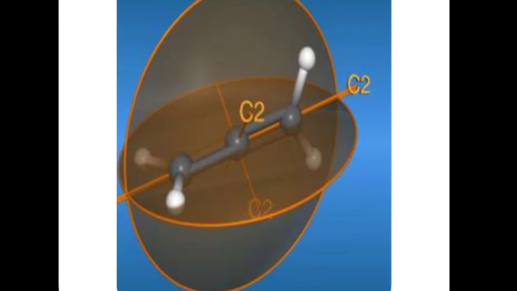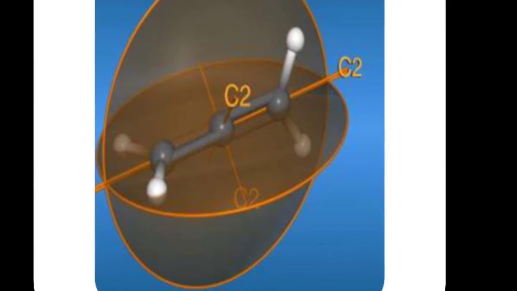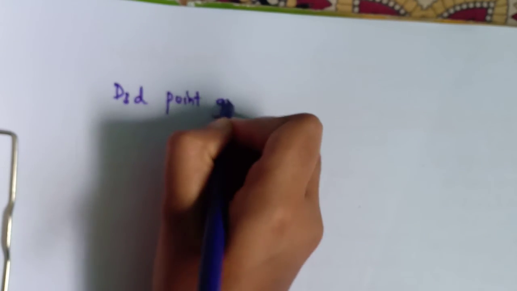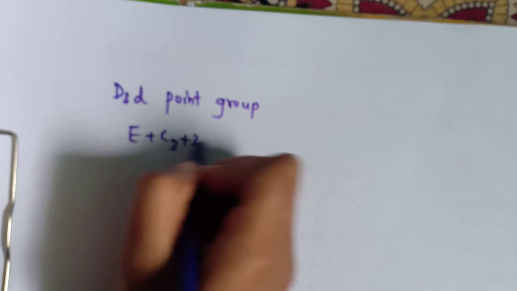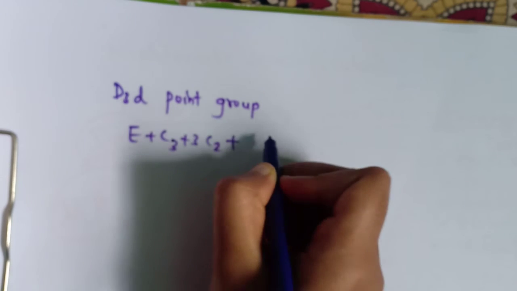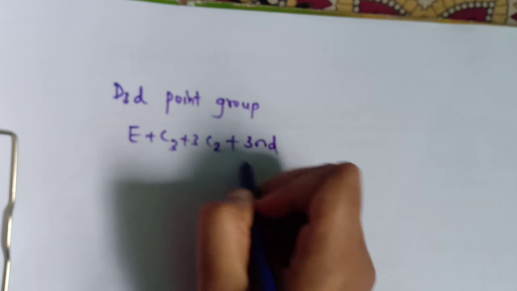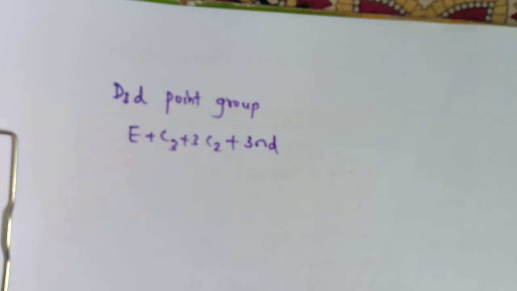See here in this halene, these are the three carbon atoms and the C2 axes. Here you can clearly observe the diagonal planes. And that was about D2d point group. The example was halene. Now coming to the D3d point group. This has the symmetry elements E plus C3 plus 3C2. If you find one diagonal plane, there will be three diagonal planes. See, C3, 3 sigma d.